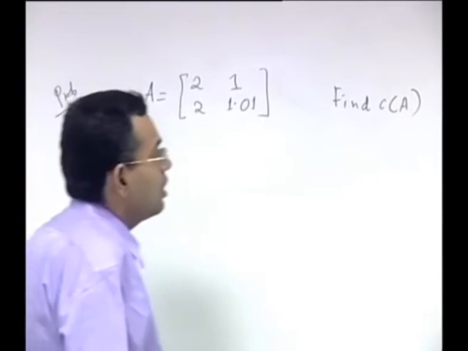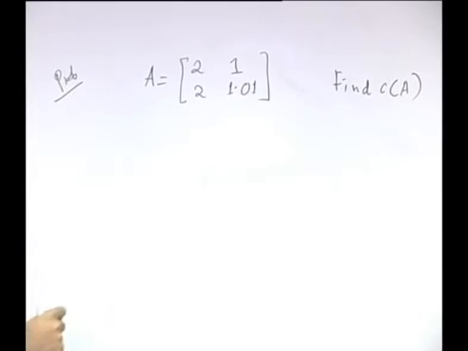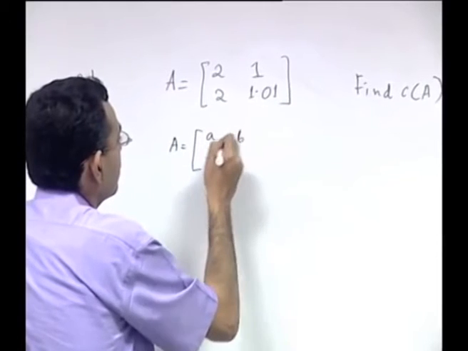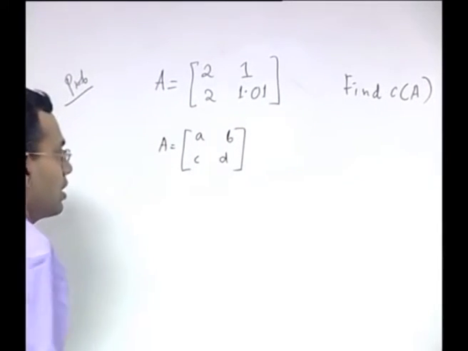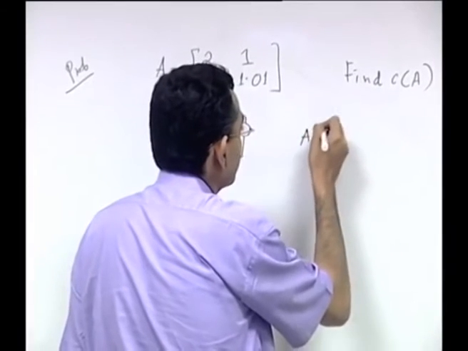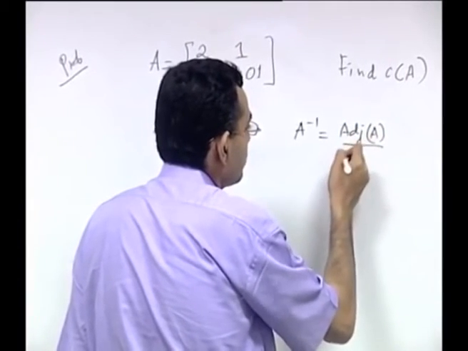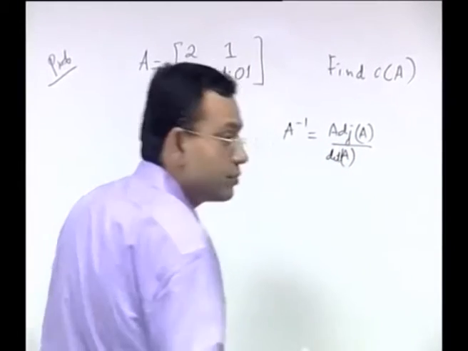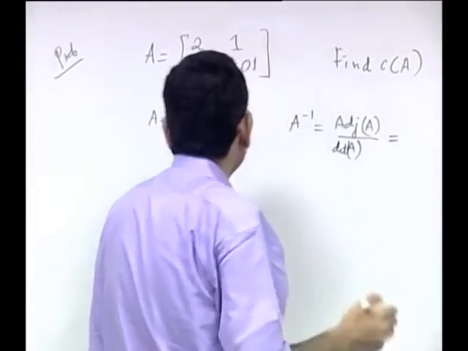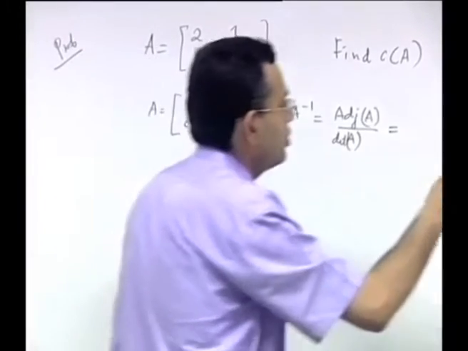So, if you recall, for the condition number of A we require the norm of A and the norm of A inverse. So, we need to calculate what A inverse is. If you have A as a collection of 4 numbers, this matrix, then what is A inverse? Adjoint of A by the determinant of A. For the adjoint of A, what do you do? First you find the cofactors corresponding to each element. Let us do that separately.